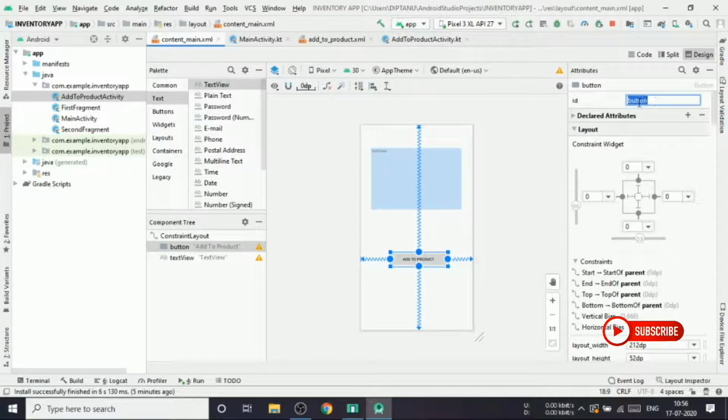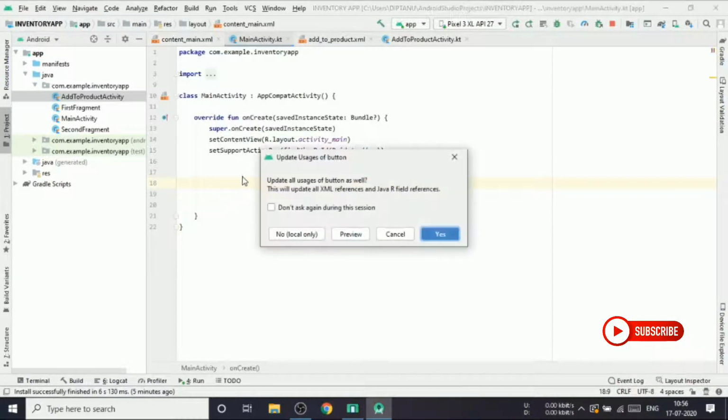So we'll set the button ID as go to product. Sorry, we can add product. So this is basically our button ID. So I'm just copying this and inside this